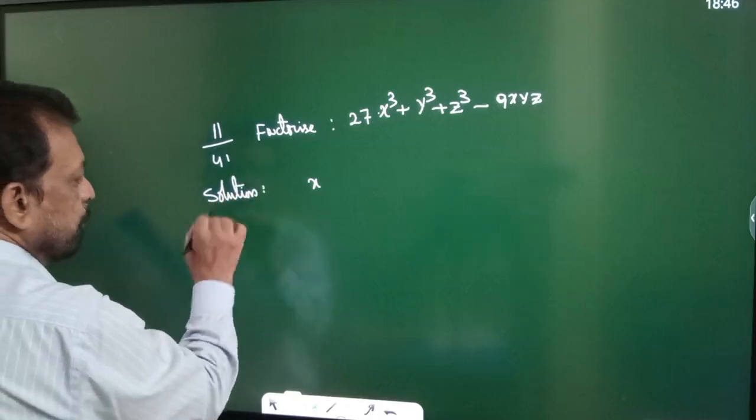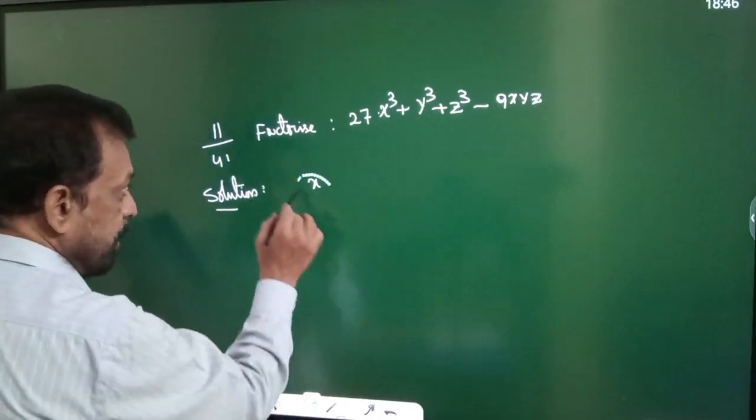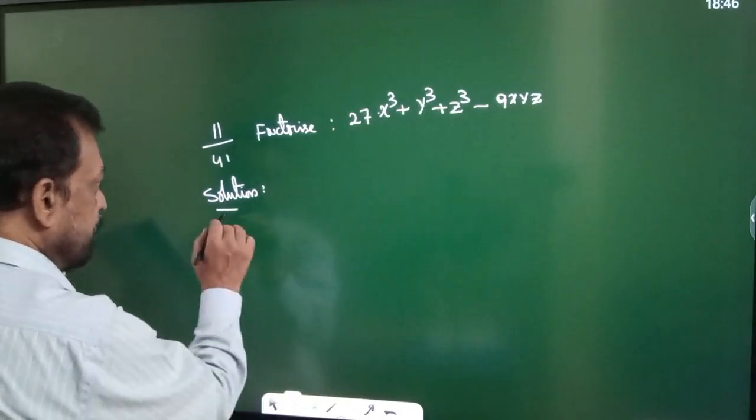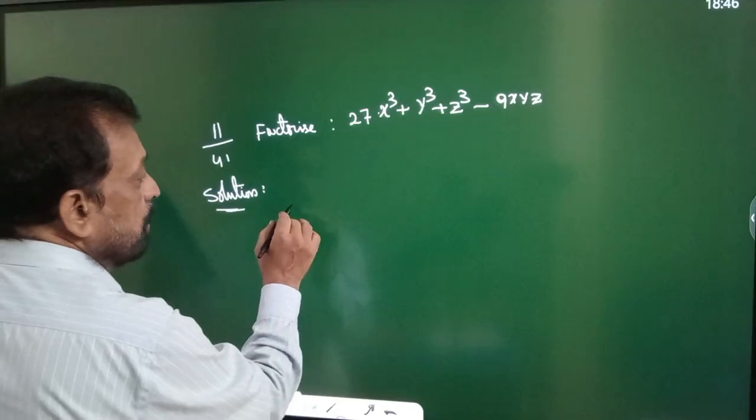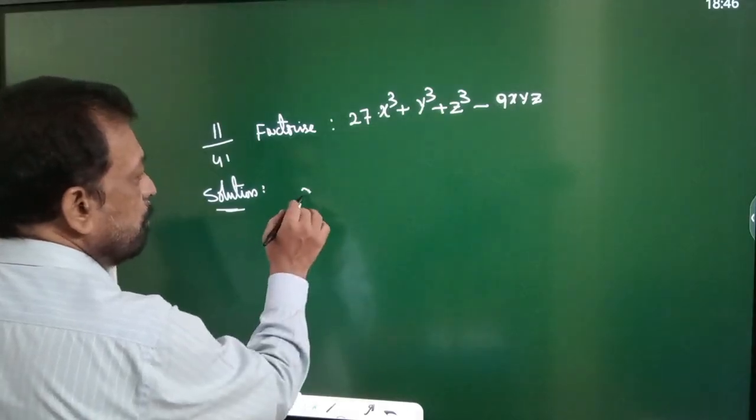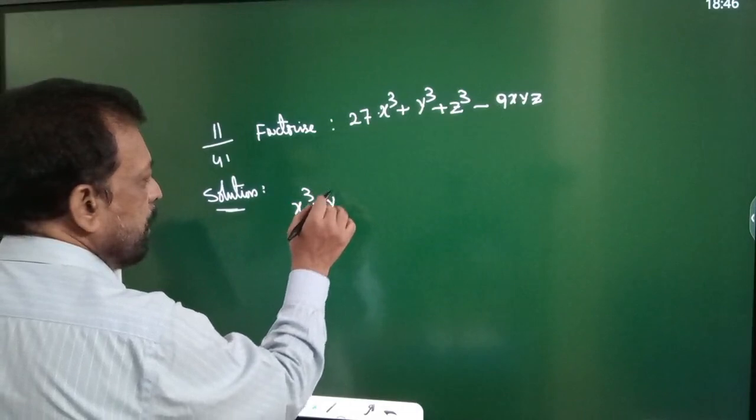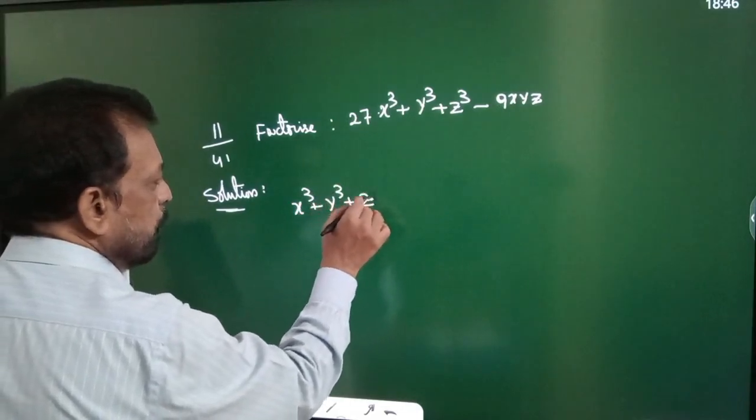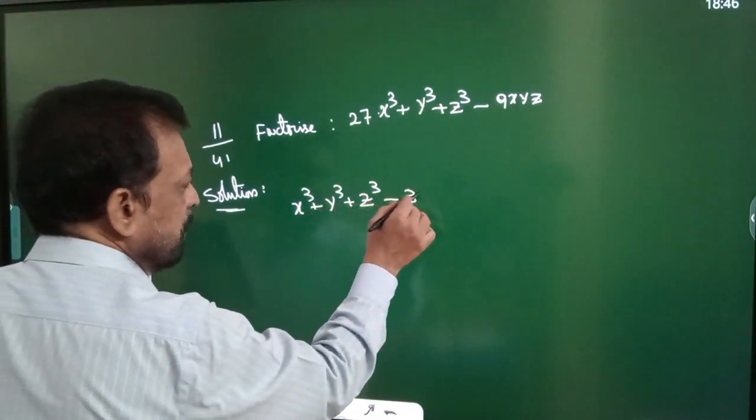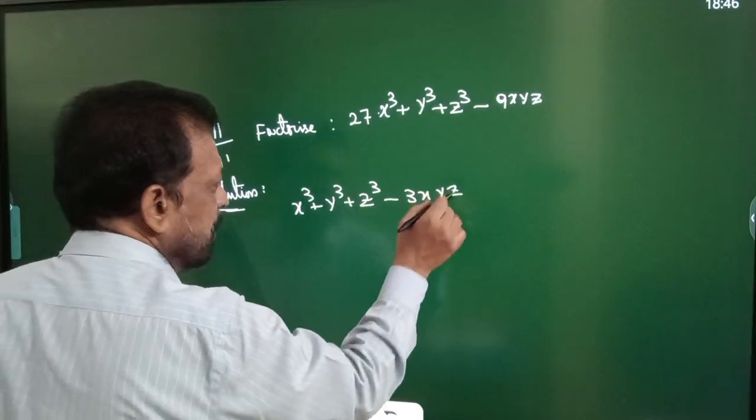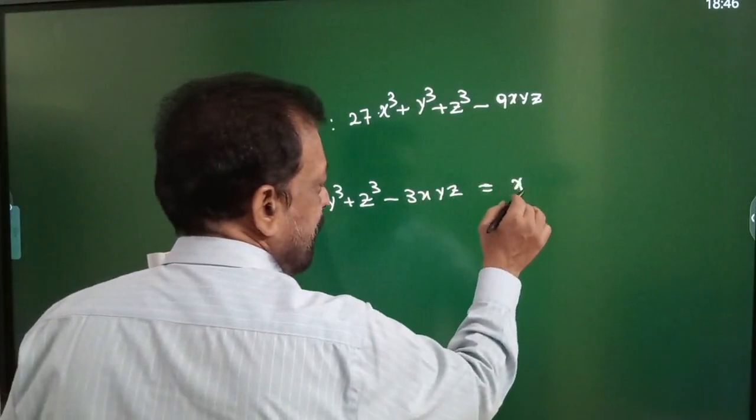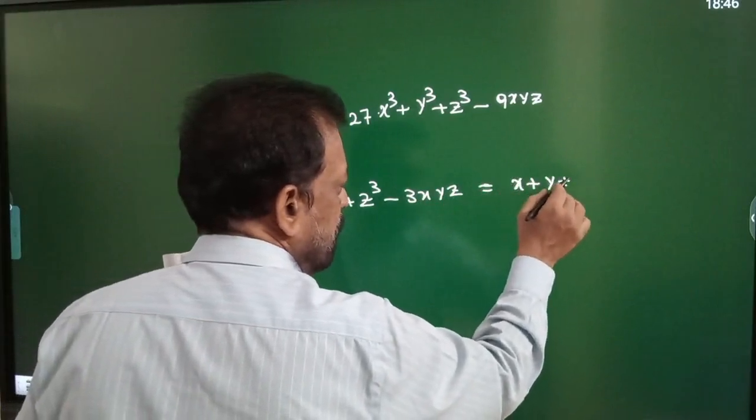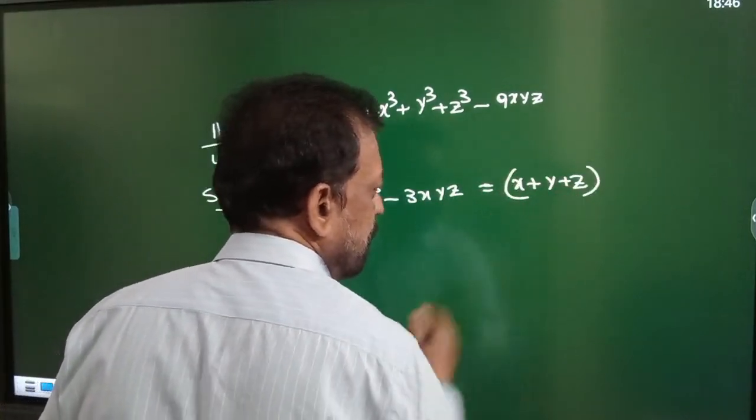Solution. So the identity, what are we using? What is the identity of this one? x cube plus y cube plus z cube minus 3xyz is equal to x plus y plus z into